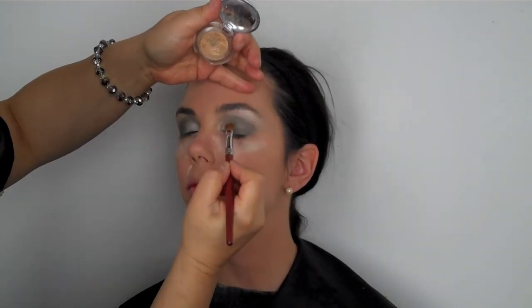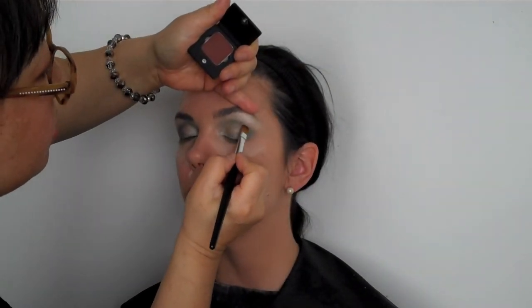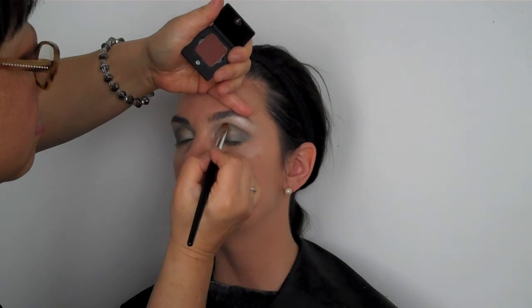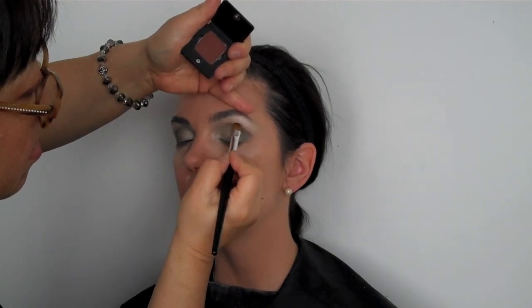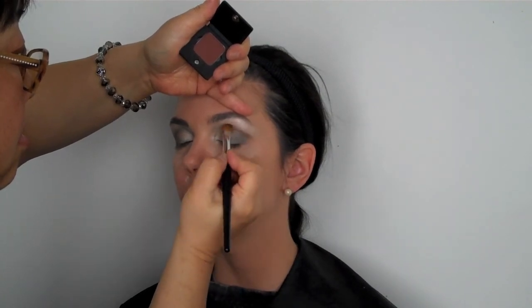I'm taking now a soft gold metallic, and I'm putting it right on the inner to the middle part of the lid. Here I'm taking a brick color, brick brown color, flat. This doesn't have any metallic. And I'm taking my straight edge rectangle brush, and I'm just going right on the inner crease. So I'm starting from the mid line all the way to the end, and as you can see, just like that. Just go along,